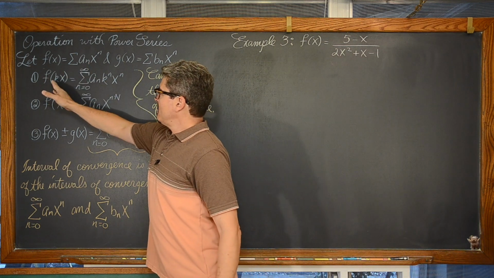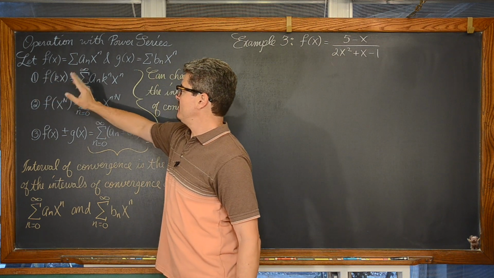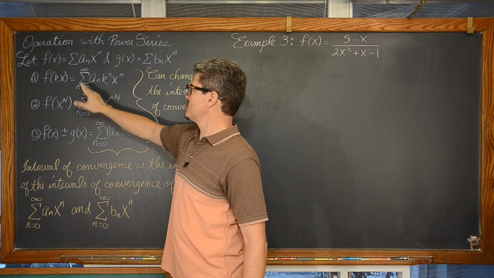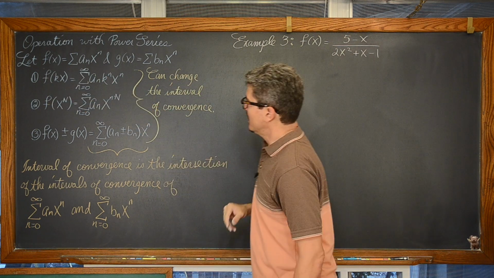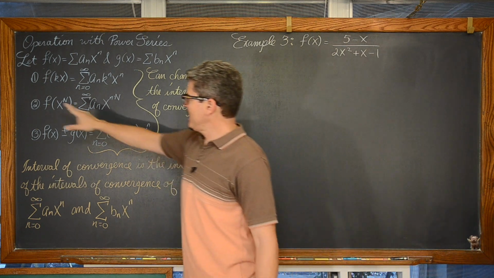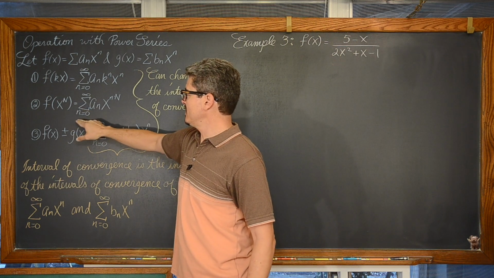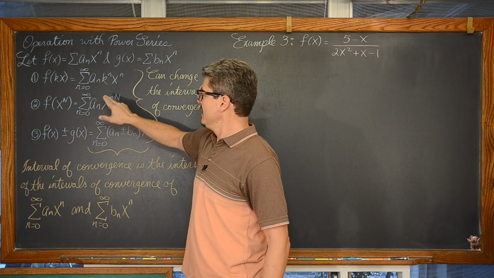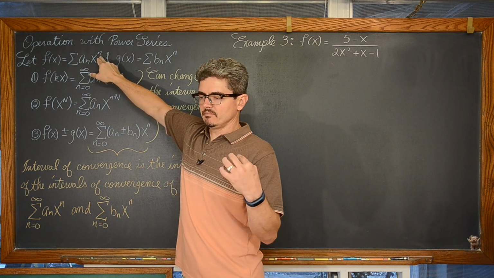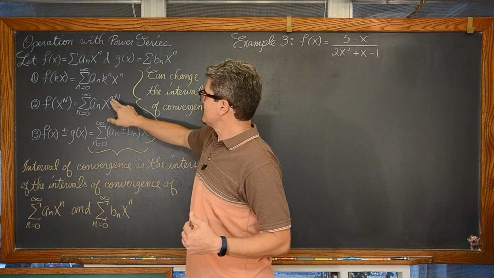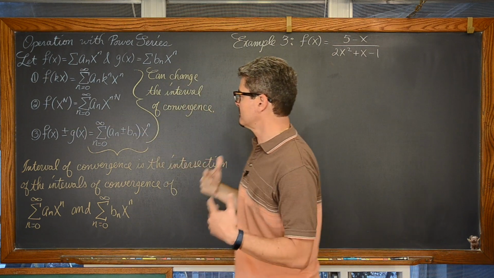Well, if we have a constant multiple on the x, f of k times x, we have the summation, where n starts at 0 and goes to infinity, of a sub n. That k comes in here as a k to the n power times x to the n. We have f of x to another power is going to be equal to the summation, or sigma, where n starts at 0 goes to infinity, of a sub n, and then we have that x to the n that was already in our geometric series, times that power which is on the x here. So we have x to the n times capital N.